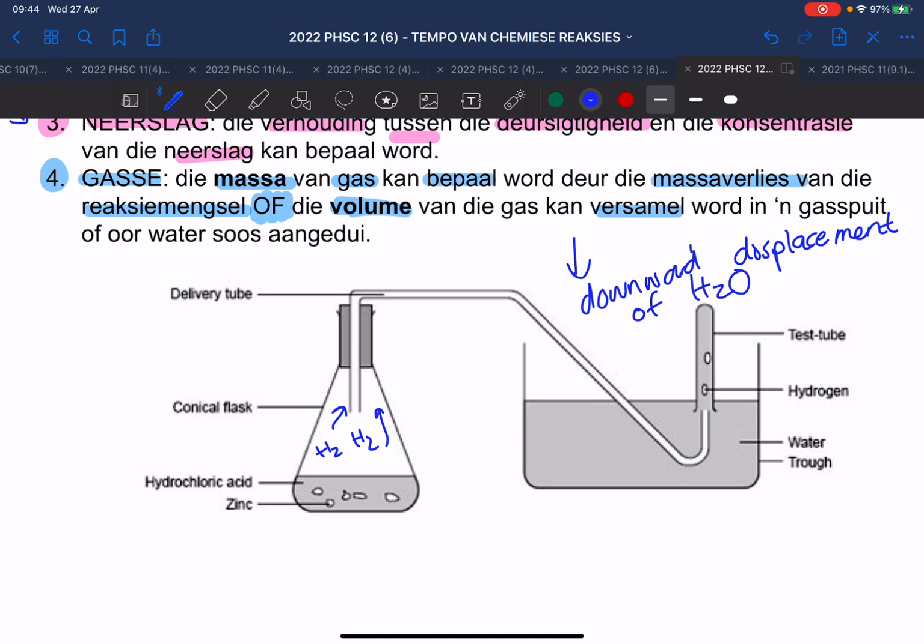Hoe toets jy vir waterstof? Steek jou hand op vir 'n sweetie. Hoe toets jy vir waterstofgas? Jy gaan hom vuurtjie daarbo hou en dan as hy begin brand. Nee, verkeerd. Not enough. Yes. So die vuurhoutjie of die vlammetjie wat jy insit, the burning splint that you put in will explode. It will make a pop sound. Pop, like that. Okay. We can maybe collect it today and then we'll test it.